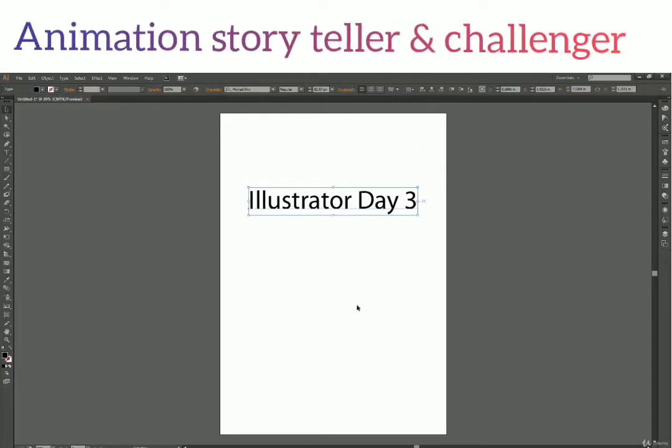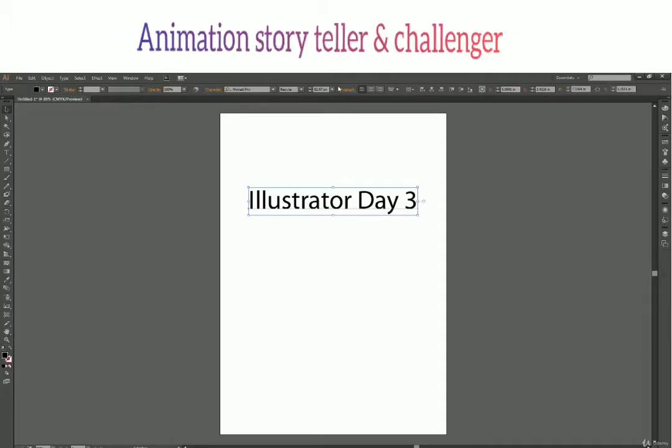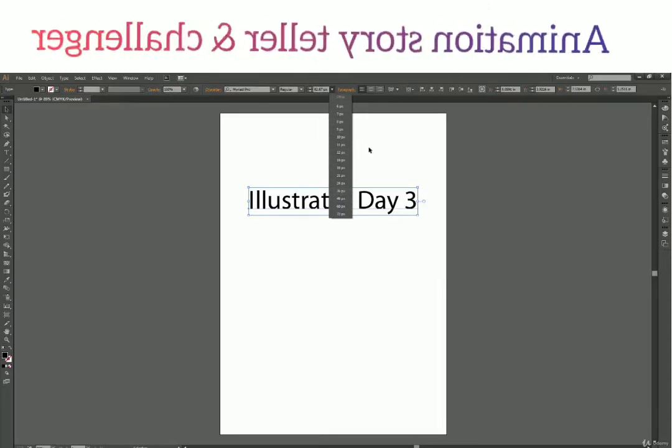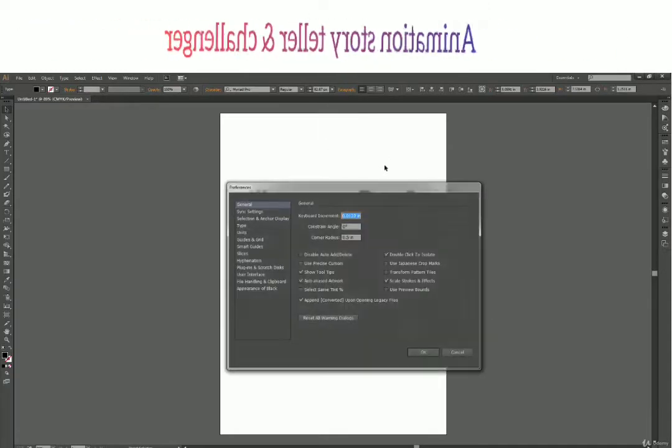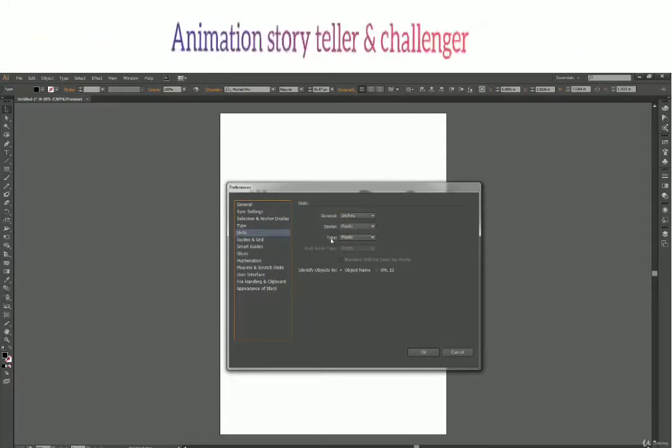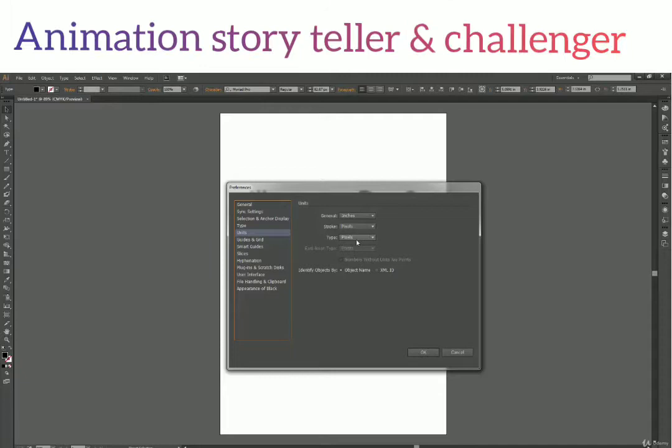Okay, and now here we can see we have our font which is in px, pixels. So this font size is in pixels right now, and let's press Ctrl K, go back to units and see type. The unit for type is pixels.